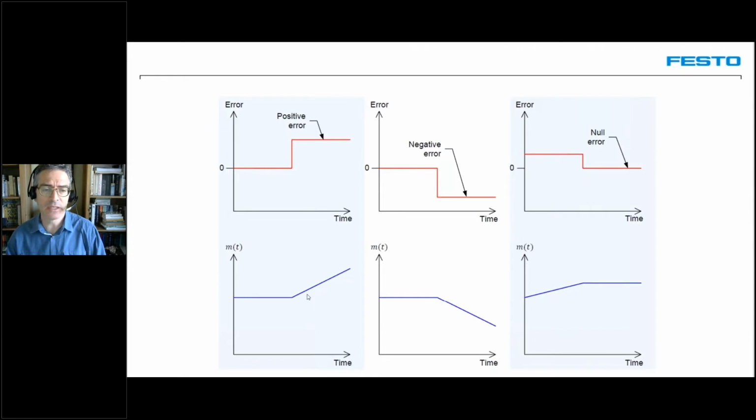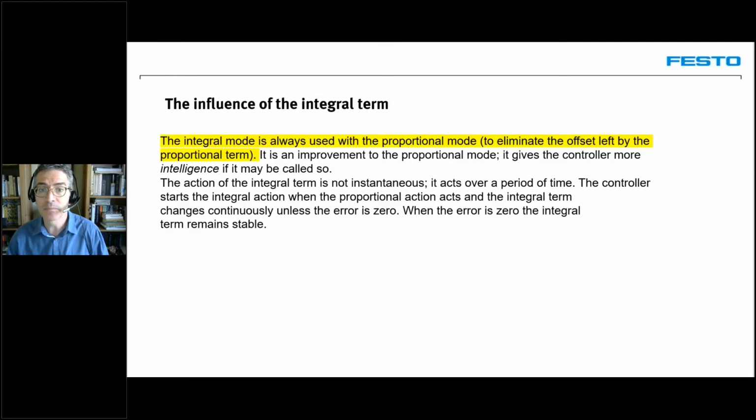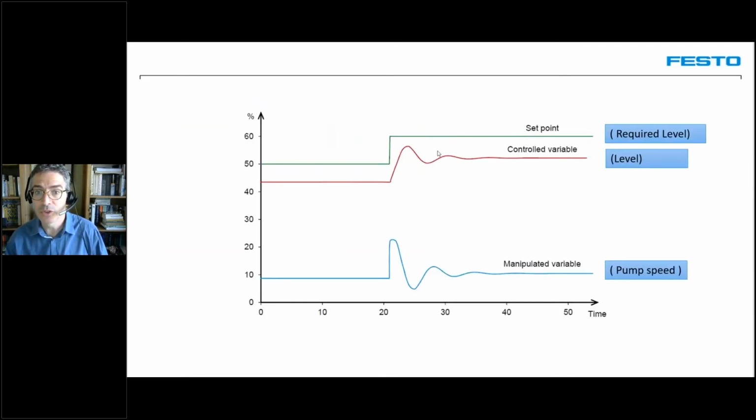Well, basically, not why we do it to correct the error, but the mode of action, as you can see, is that the longer the error is there, the stronger the signal the controller will send to correct this error. So that's how eventually we will fix the error that was there. The controller will increase the output here to increase the speed of the pump to eventually have our level